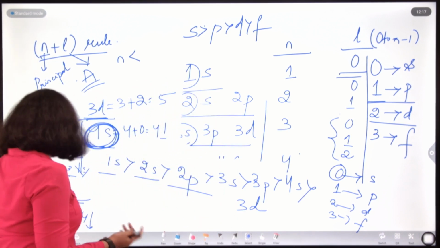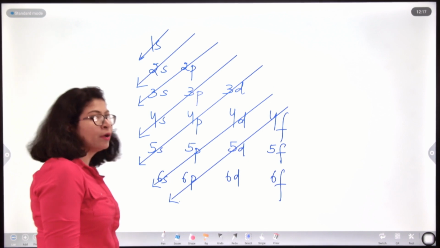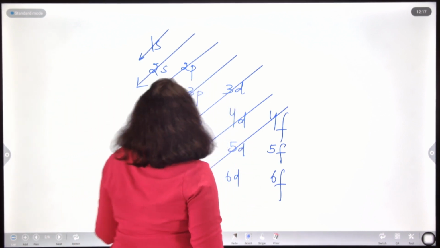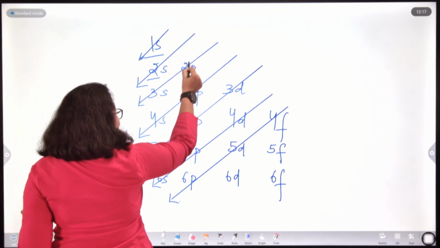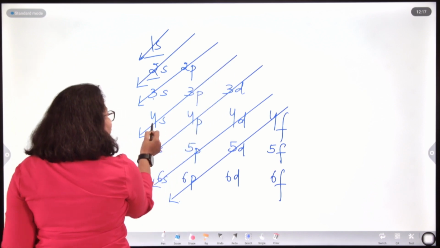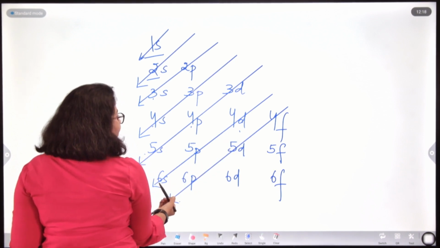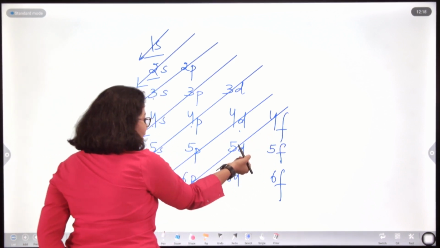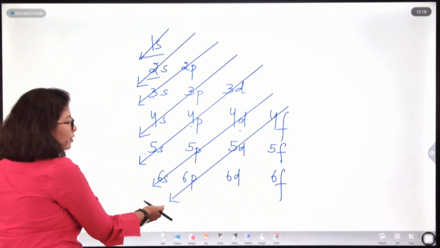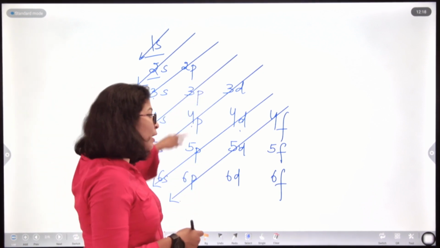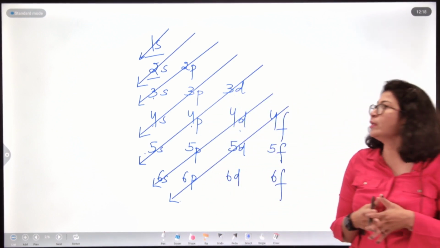The one having a smaller n value will be in a lower energy state. So, what exactly will be the electronic configuration? If you try to draw it, it will be somewhat like this. First you have to fill 1s, then 2s, 2p, 3s, 3p, 4s, 3d, 4p, 5s, 4d, 5p and 6s. After that 4f, 5d, 6p, 5f, 6d, and later on you will draw and find along the line you will be moving. So, now you have got in which order you will be filling the orbitals, right.